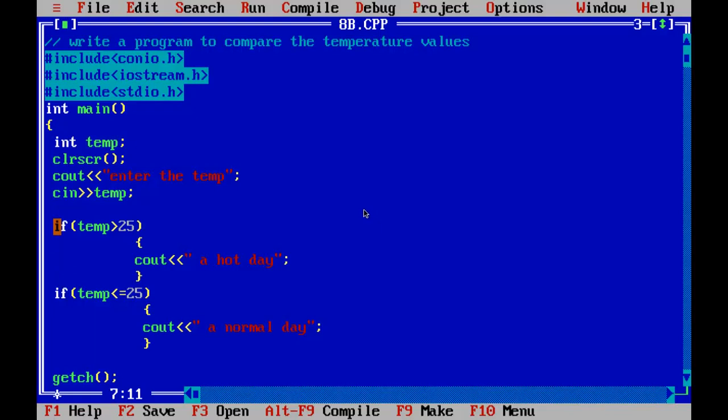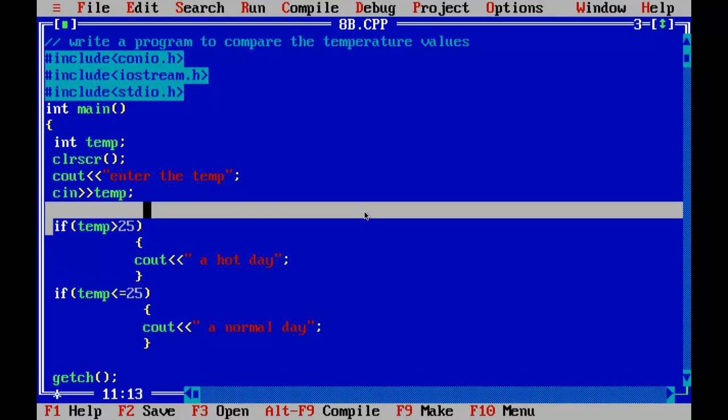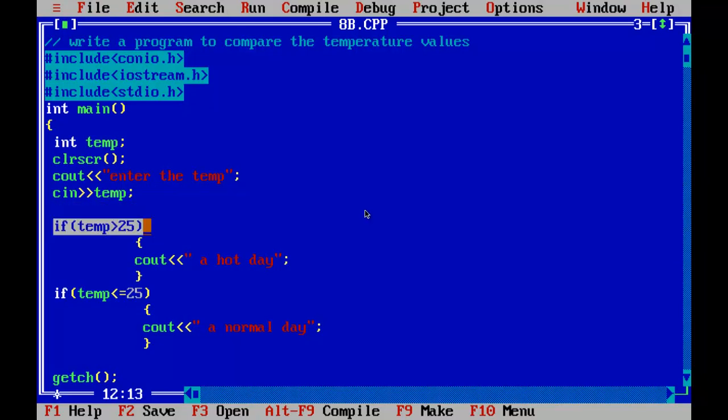So the system is checking as per these criteria. This is one criteria, this is the second criteria. In both cases, all conditions are checked one by one. If in the first case we entered 30, so this condition is false because we entered 30, so it will not go into that area. It will omit it, ignore it.